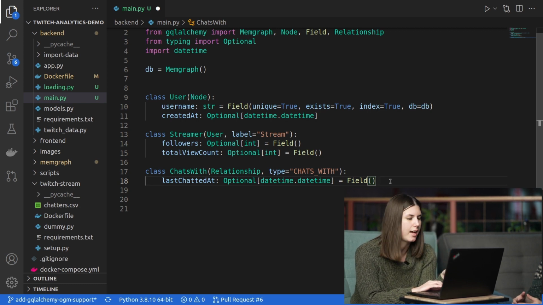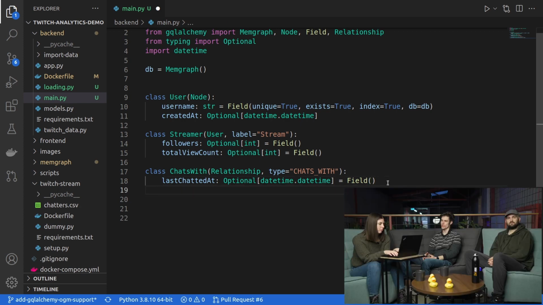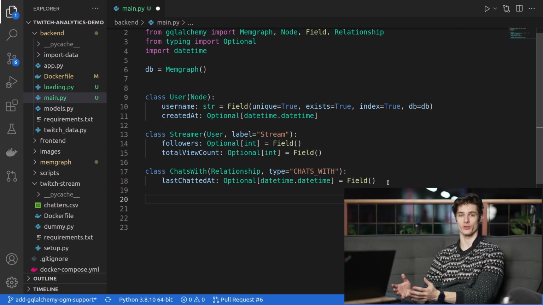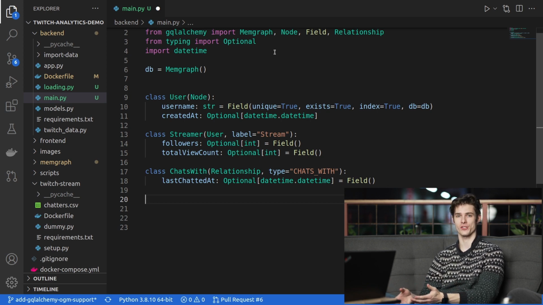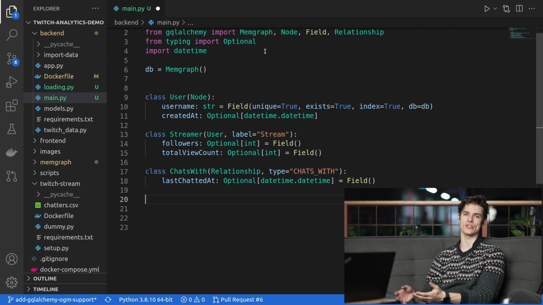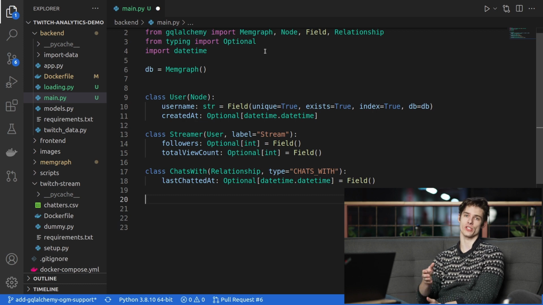It's possible to define that. Exactly. So each edge or relationship in a graph database can have some properties, but the difference between relationship properties and node properties is that you cannot have constraints on relationship properties. So there are no uniqueness constraint indexes or things like that. The best thing that you can use for finding relationships is the internal ID of graph objects in graph databases, so that when you want to find a relationship, you can use a skip list within Memgraph, and that's already